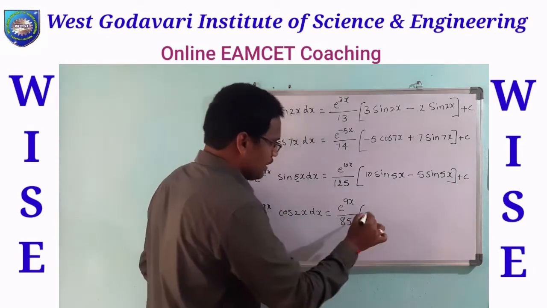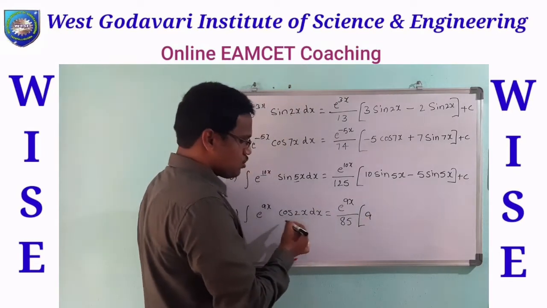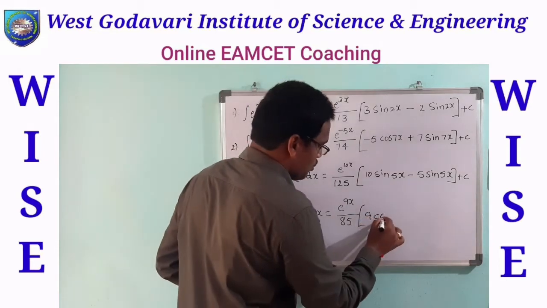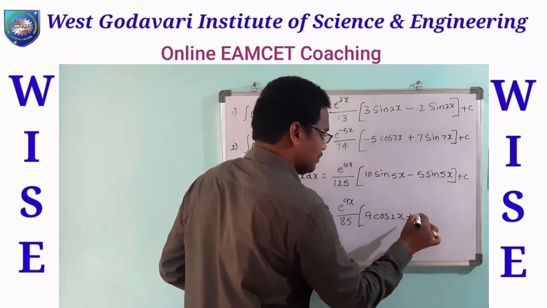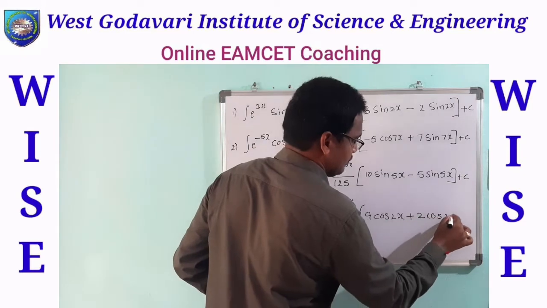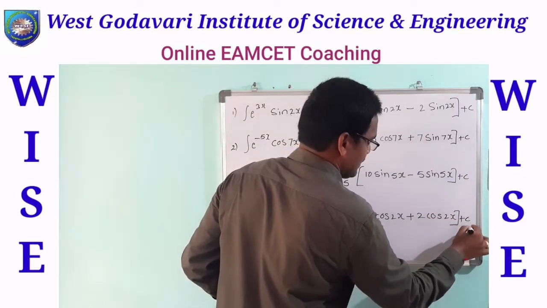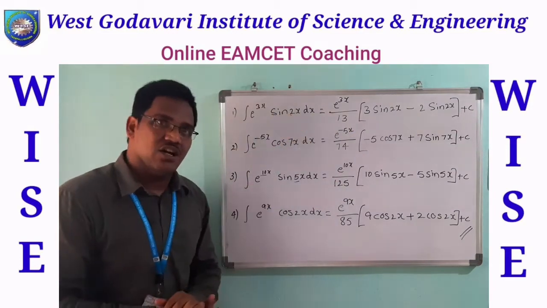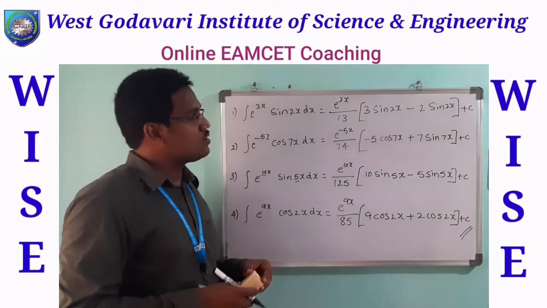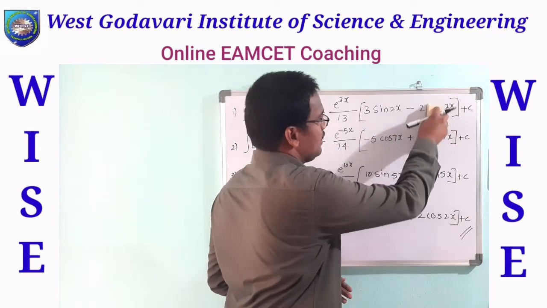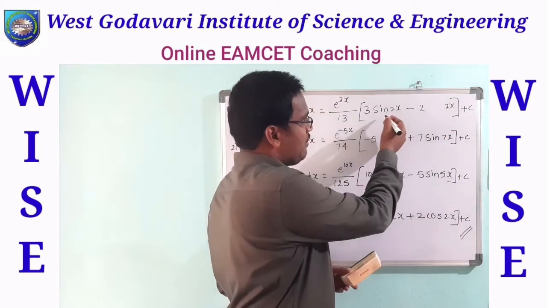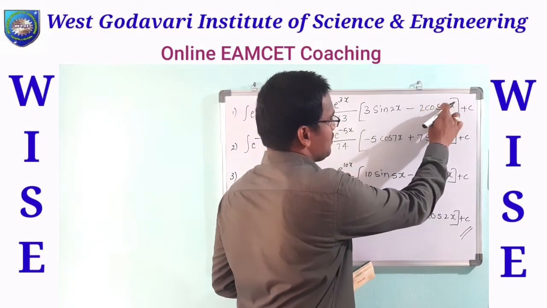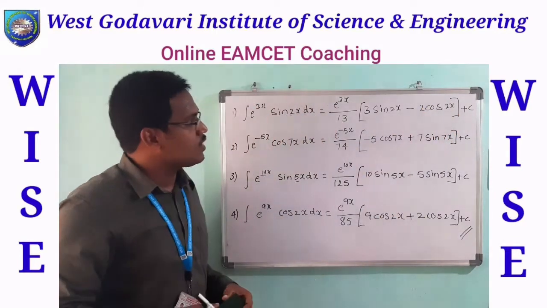So m into 9 into, here cos is the cos 2x, that's the cos term, which comes first. So cos 2x plus 2 cos 2x plus c. So these are the direct results for these questions. So these are the problems. Here it is not a sin. Already we have written sin nx, so this becomes cos nx, that means cos 2x, a small change.